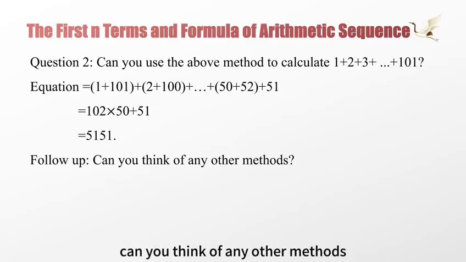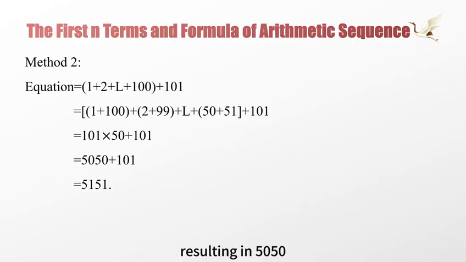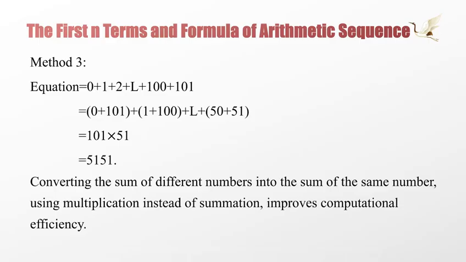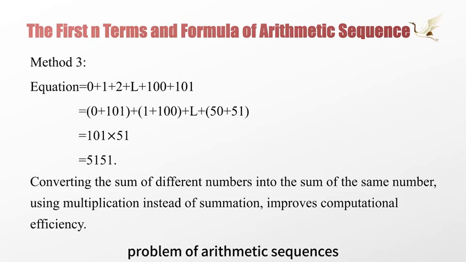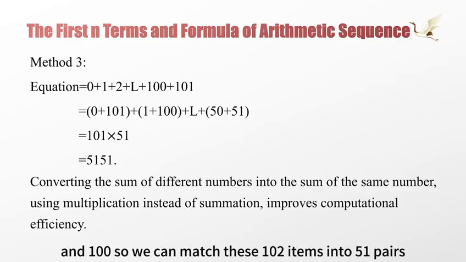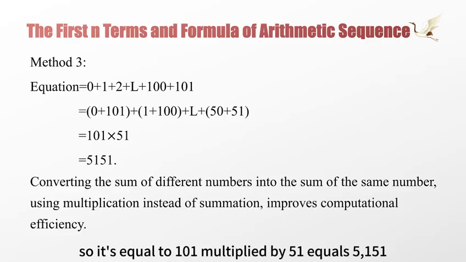Can you think of any other methods? We can sum the first 100 terms by pairing them together, resulting in 5050, and add the last term 101, which equals 5151. We can also add a term of 0 at the beginning and convert it into a sum problem of an arithmetic sequence with an even number of terms. Then, we can use Gaussian head-to-tail pairing to pair 0 and 101, and 1 and 100. So we can match these 102 terms into 51 pairs. The sum of each pair is 101. So it's equal to 101 multiplied by 51 equals